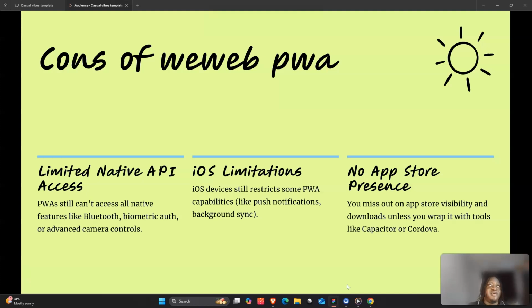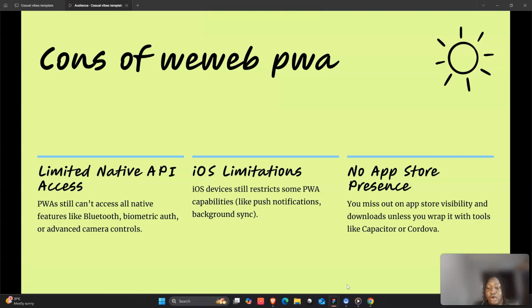So if you're thinking of running that as a marketing scheme for showing users that you're on the App Store, you do not have that basically because you're not an application. You're basically a web app, and you're offering users the functionality to download your web application onto their home screen and give it a native app-like feel. So it means missing out on App Store visibility, like I said earlier,